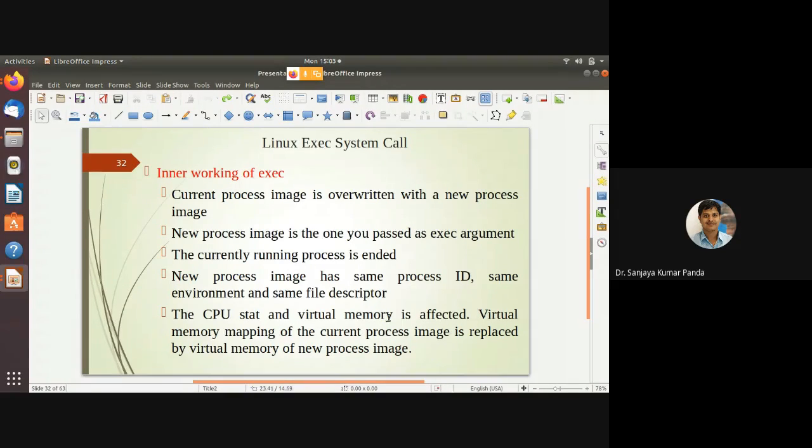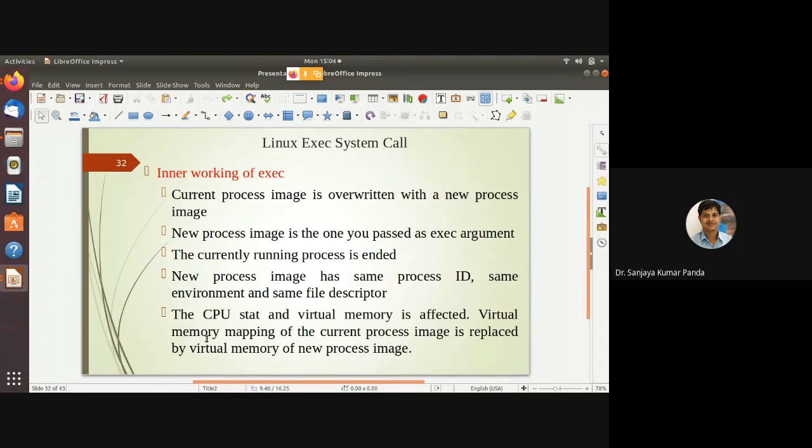You may not know what virtual memory is. That will be covered in the memory management chapter. For the time being, virtual memory is not an actual memory. It is a concept, and by using it you can load as big a program as possible. Suppose your RAM size is 2 GB and I want to execute a program of 6 GB.